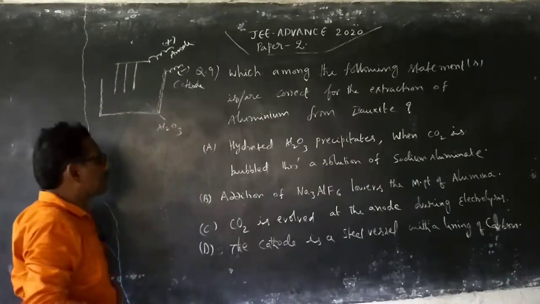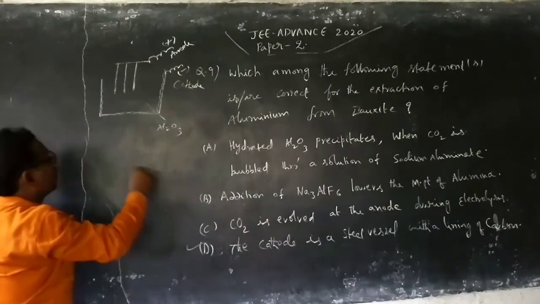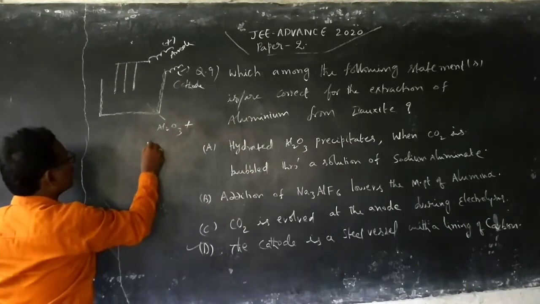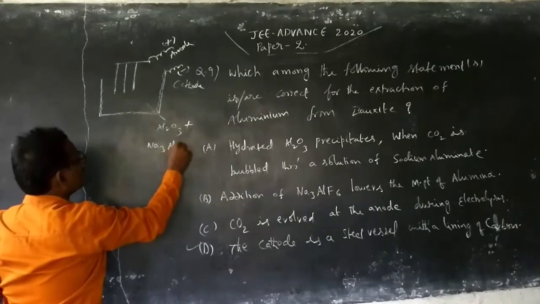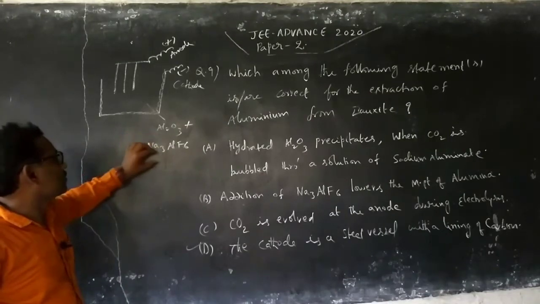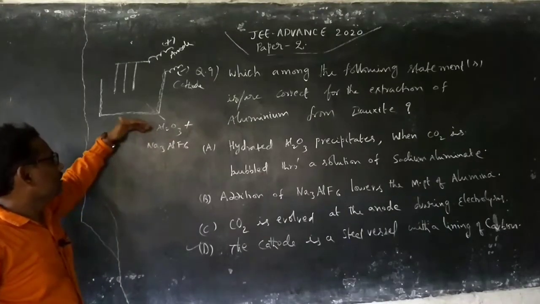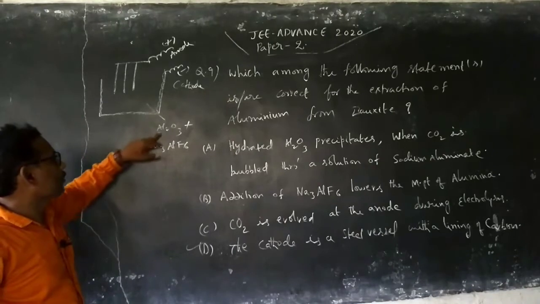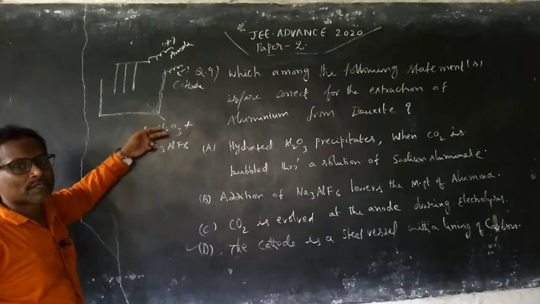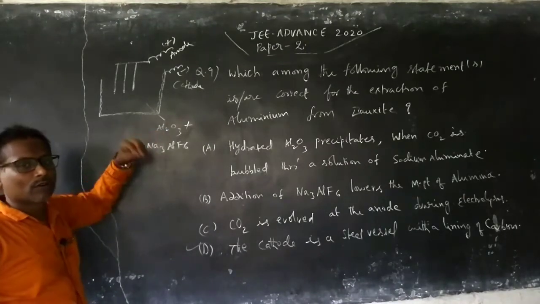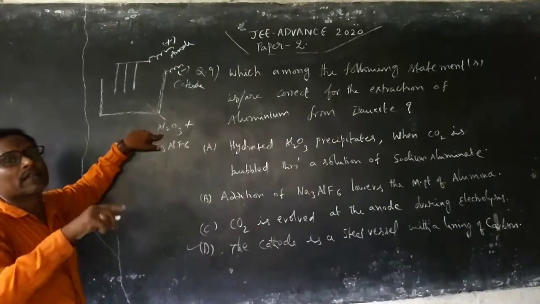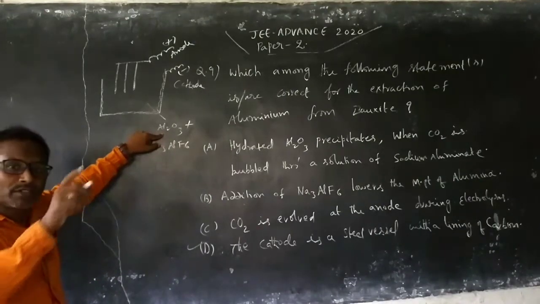Now let us discuss the reaction. I think this statement is correct. Now what is happening here? Here we are taking Al2O3, but along with that we also take Na3AlF6. It acts somewhat like an impurity to this substance. Whenever some other substance is added to a particular substance, normally the melting point of the one with the higher melting point will be reduced. That is referred to as depression of freezing point.